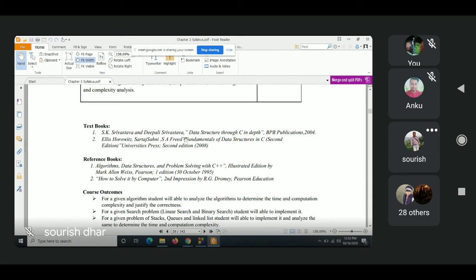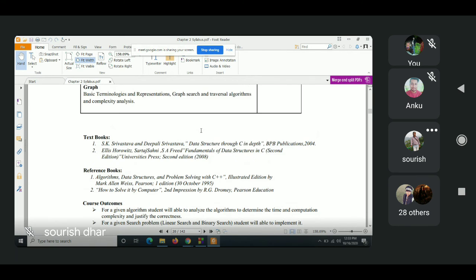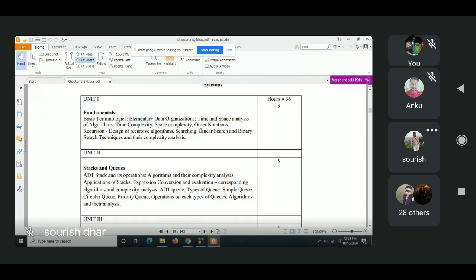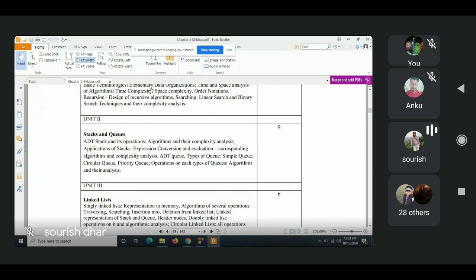I guess the first and second books are good. They are the textbooks. So you can take those books or use the help of the internet and finish the fundamentals once again, because from the next class onwards, many of the fundamental concepts will come in linked list. I won't be able to repeat those concepts once again, because in this way we'll be losing too much time.